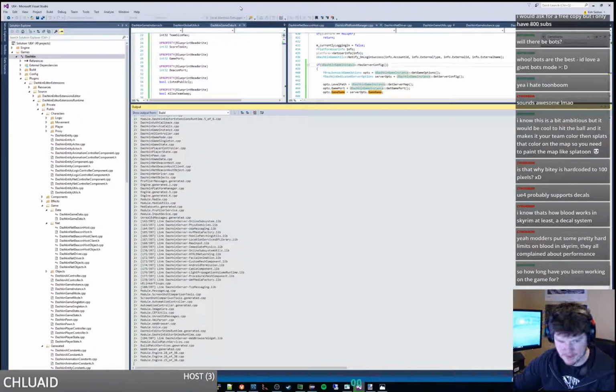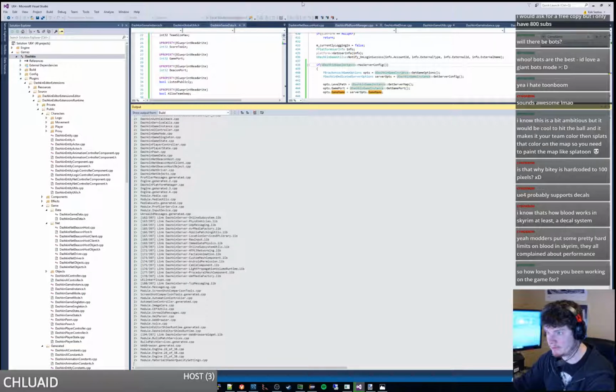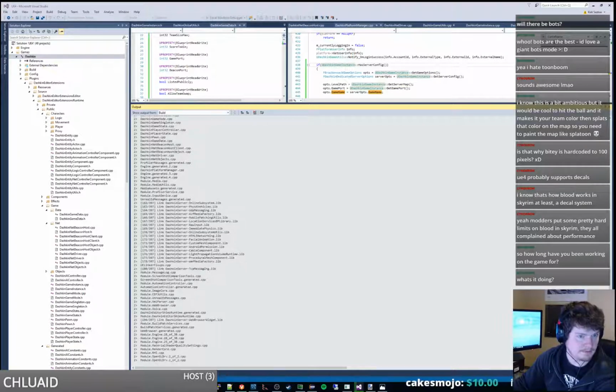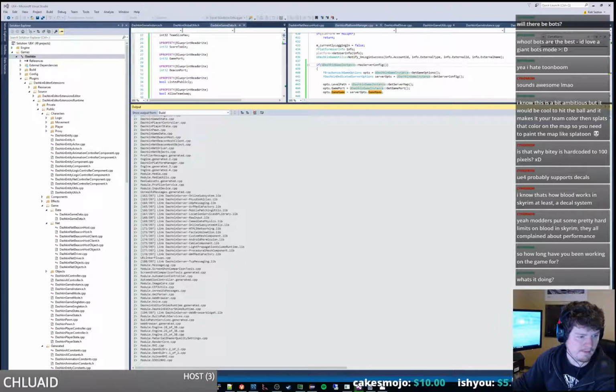Yeah, but if you're asking how long we've been working on the actual multiplayer portion, we switched to... What's it doing? Ah, it's compiling. We switched to the multiplayer portion back in